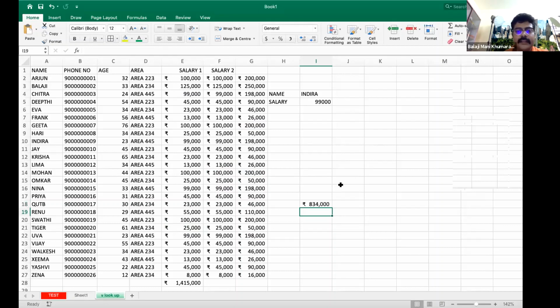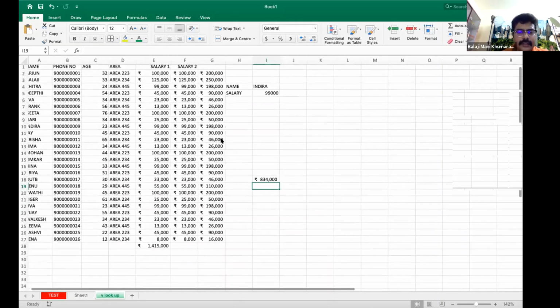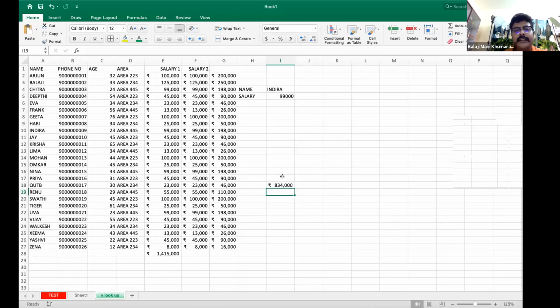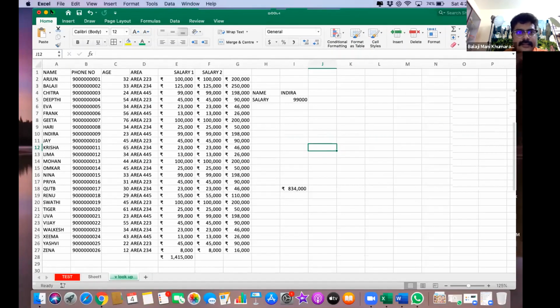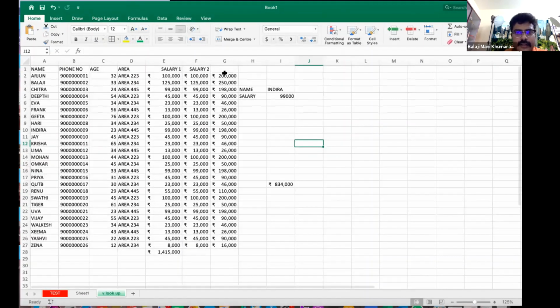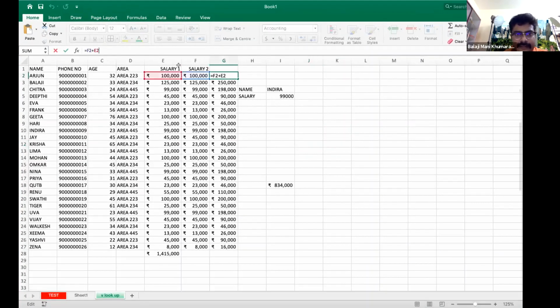Okay, so now let me go into inserting a cell, inserting a column. If you see here, the formula used here for this G column has got a sum of F and E, right?